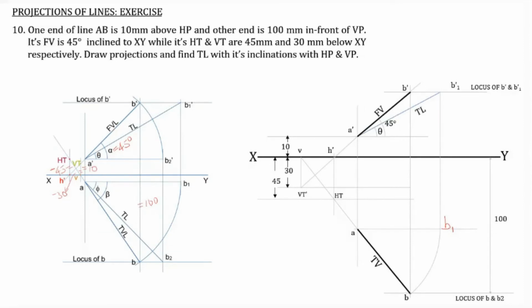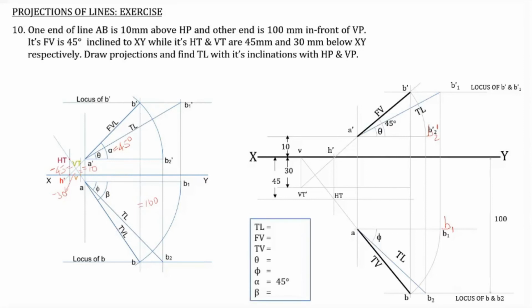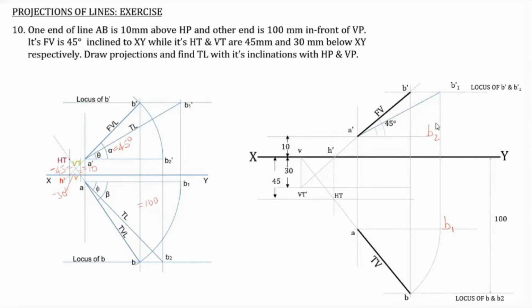Then likewise, A dash B dash can be rotated to get B2 dash. This is the point B2 dash, which is also not marked here. Then from B2 dash go to B2, then join A with B2. And this line will give you the phi also. And finally, in the rectangular box you have to mention all the dimensions.